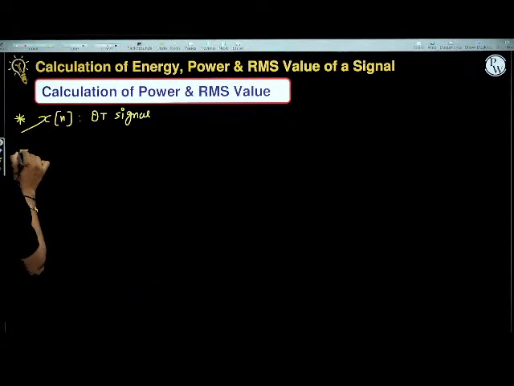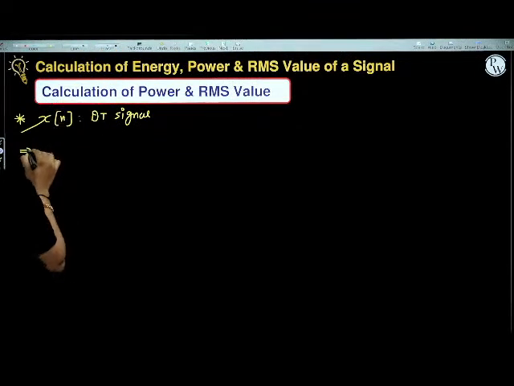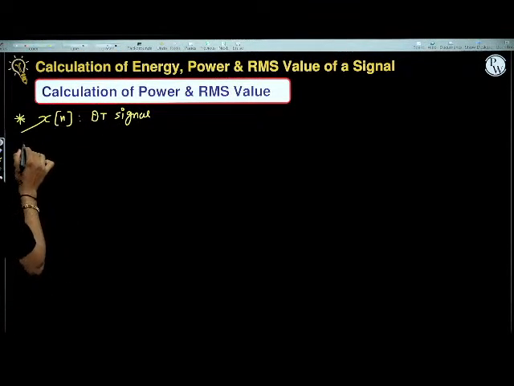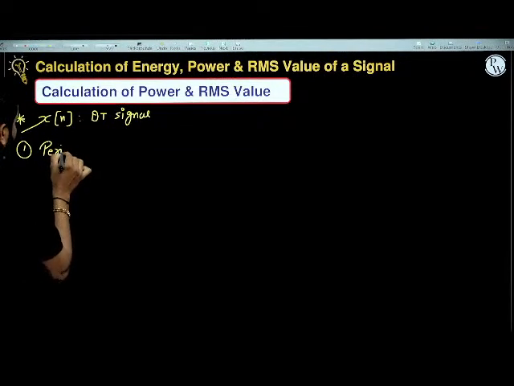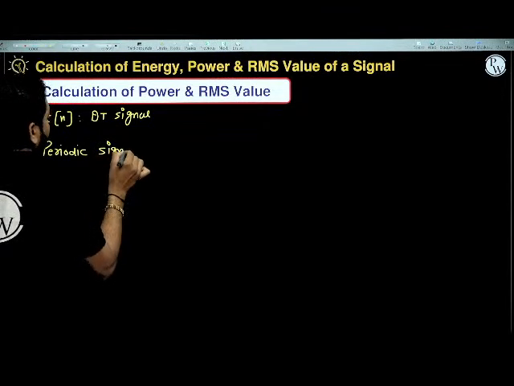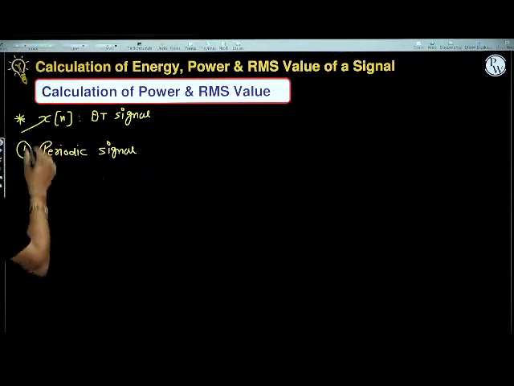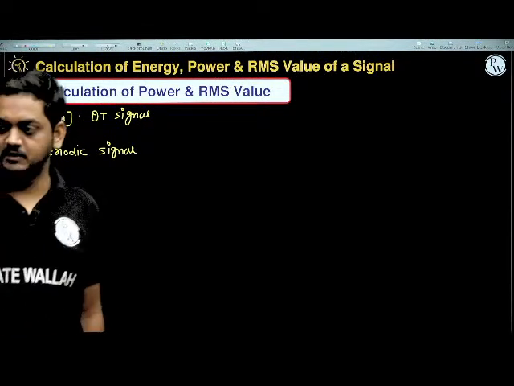First let us consider a periodic signal. If it is a periodic signal, then we already discussed the formula to calculate average power. If it is a periodic signal, then the average power is given by